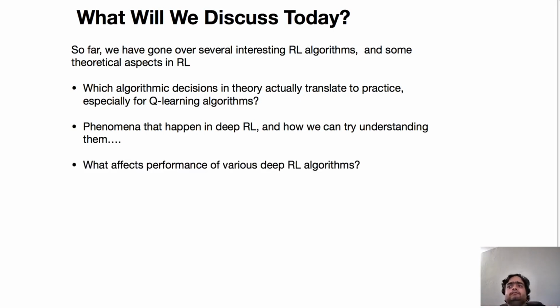We'll also cover some aspects of what actually affects the performance of deep reinforcement learning algorithms in practice, because in practice, deep neural networks are very good function approximators. So are the conventional issues that have been studied in theory the things that affect performance, or are there some other issues behind deep RL algorithms that actually affect their performance? As well as we'll discuss some open questions that could potentially be interesting research topics in the space of algorithm